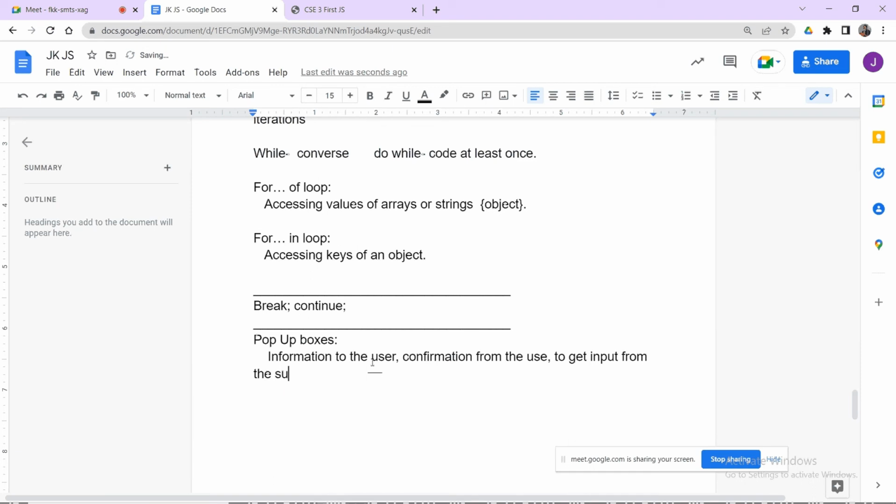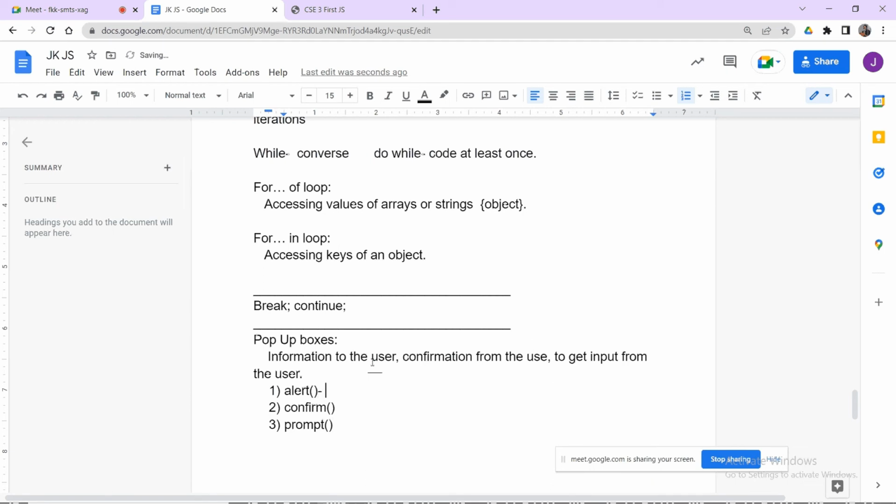In order to satisfy this requirement, we have three methods: the alert method, the confirm method, and the prompt method. These are meant for various purposes.